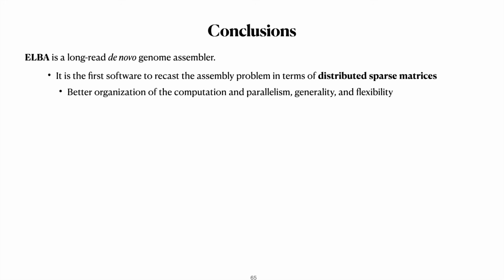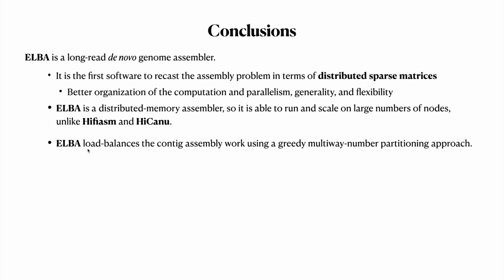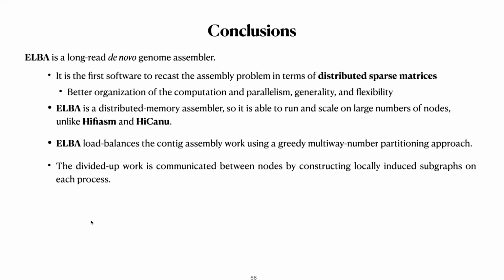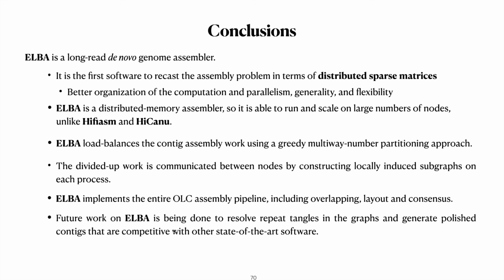It's the first software to use distributed sparse matrices to represent graphs, which gives it a much better organization of computation, parallelism, and flexibility in general. ELBA is able to run on a much larger number of nodes than HiFiasm and HiCanu. ELBA load balances contig assembly using greedy multi-way number partitioning, and divides work up using an induced subgraph function that we developed. ELBA implements the entire OLC pipeline, and future work is currently being done to resolve repeat issues as well as tips caused by sequencing errors,